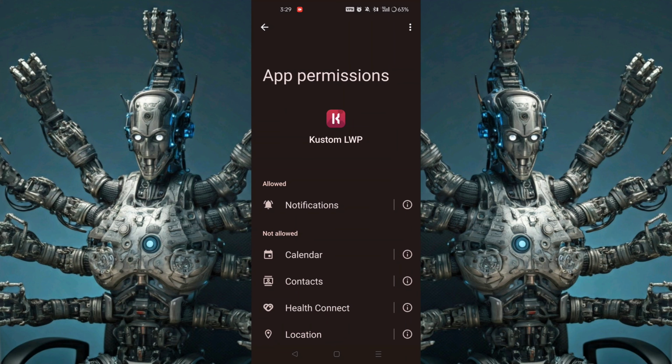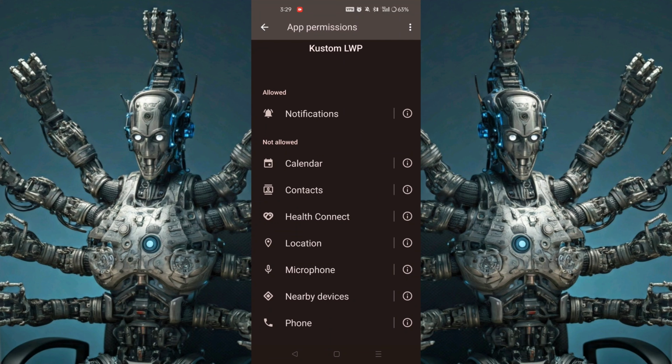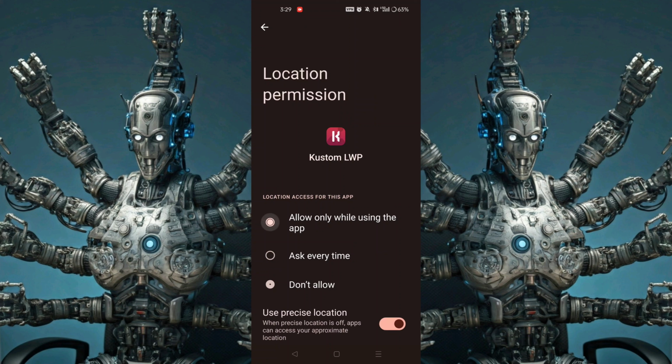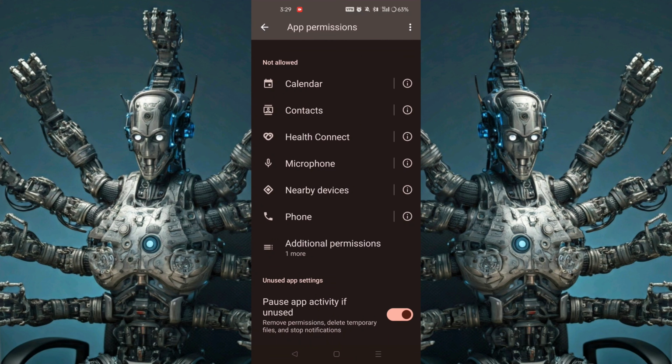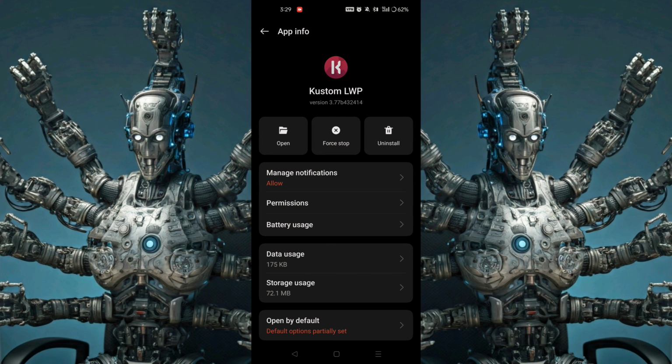In the permission screen, we're going to go into location and allow. While it only gives us this allow only while using the app, since it's running all the time as a live wallpaper, allow access all the time, I guess, is an optional feature here. And that's really it. Now that we have all of these settings set up, we're ready to create our own custom live wallpaper